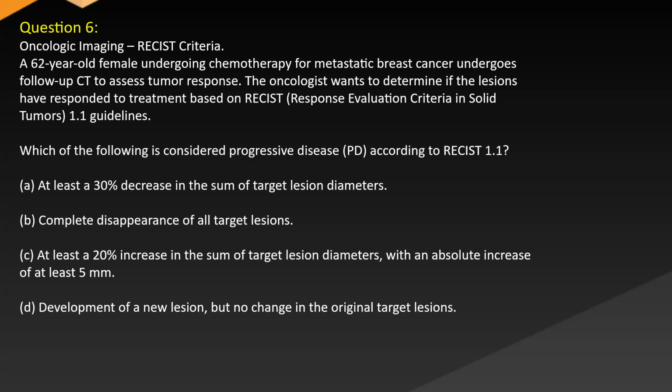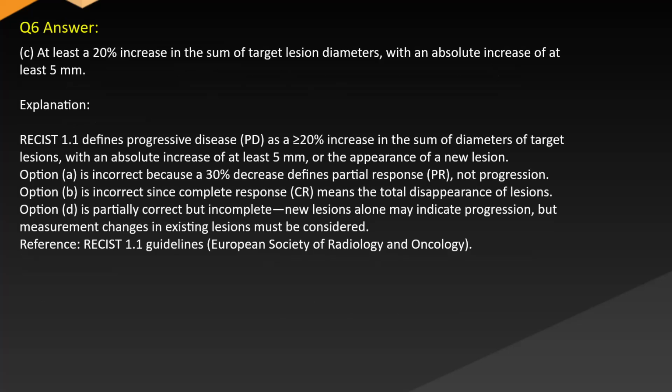A. At least 30% decrease in the sum of target lesion diameters. B. Complete disappearance of all target lesions. C. At least 20% increase in the sum of target lesion diameters with an absolute increase of at least 5 mm. D. Development of new lesion but no change in the original target lesions. Answer: C. At least a 20% increase in the sum of target lesion diameters with an absolute increase of at